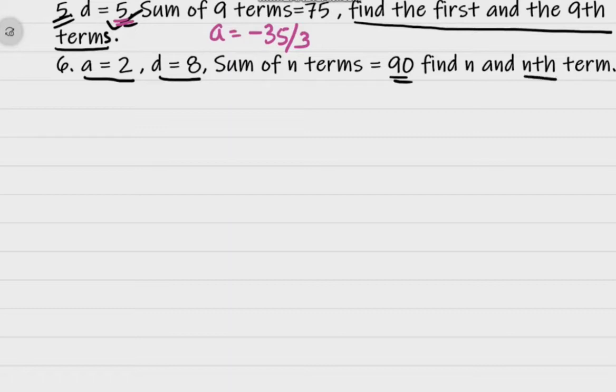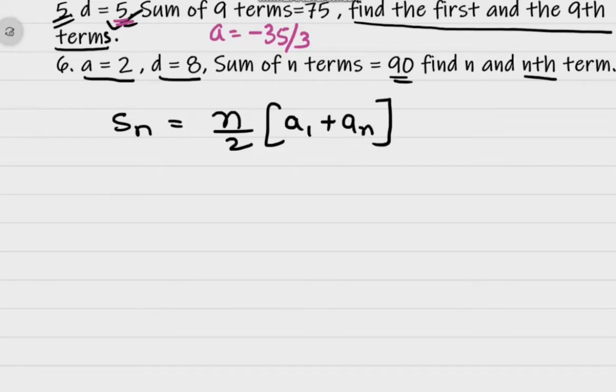Now simply you can put the value of Sn. Sn is equal to n by 2 into a1 plus an, because you have to calculate the nth term. Now, you know the value of d. So first of all, see what is an. Let us put that formula only, because here we would have two things unknown to us. So this will be 2a plus n minus 1 into d. This will be better for us now.